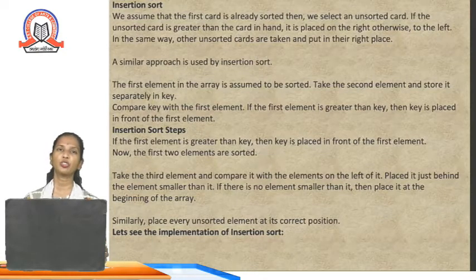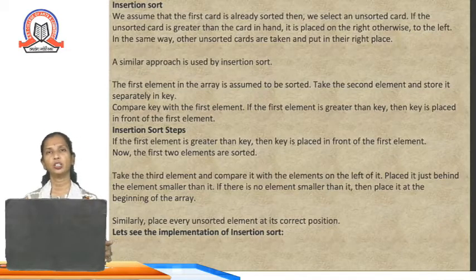So we shift the cards either to the left or to the right of the first card that we have inserted. Okay, in the same manner your insertion sort technique works. It first selects an element and puts it inside the sorted list, and then the next element will be easily picked up from the unsorted list.